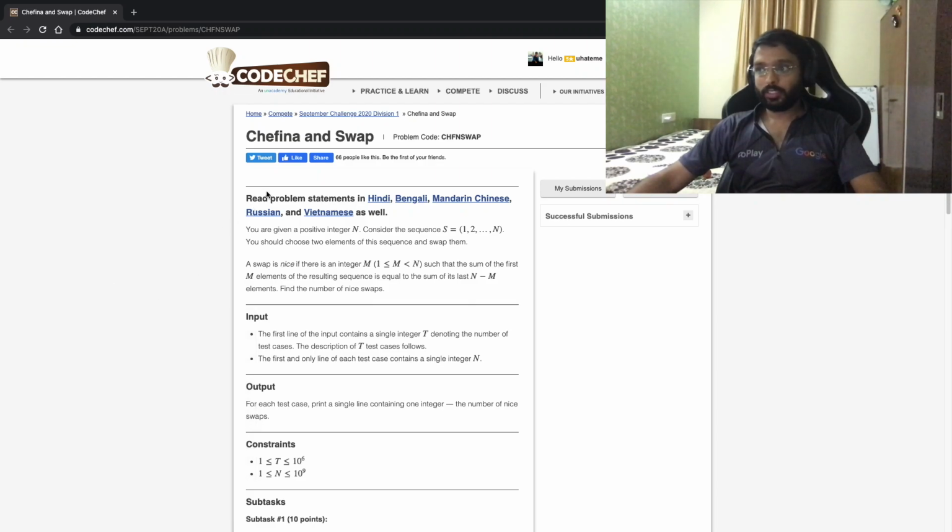Let's focus on the problem Shafina and swap. You are given a number n, a sequence 1 to n. You choose two elements and swap them. The swap is nice if there is an integer m such that the sum of the first m elements